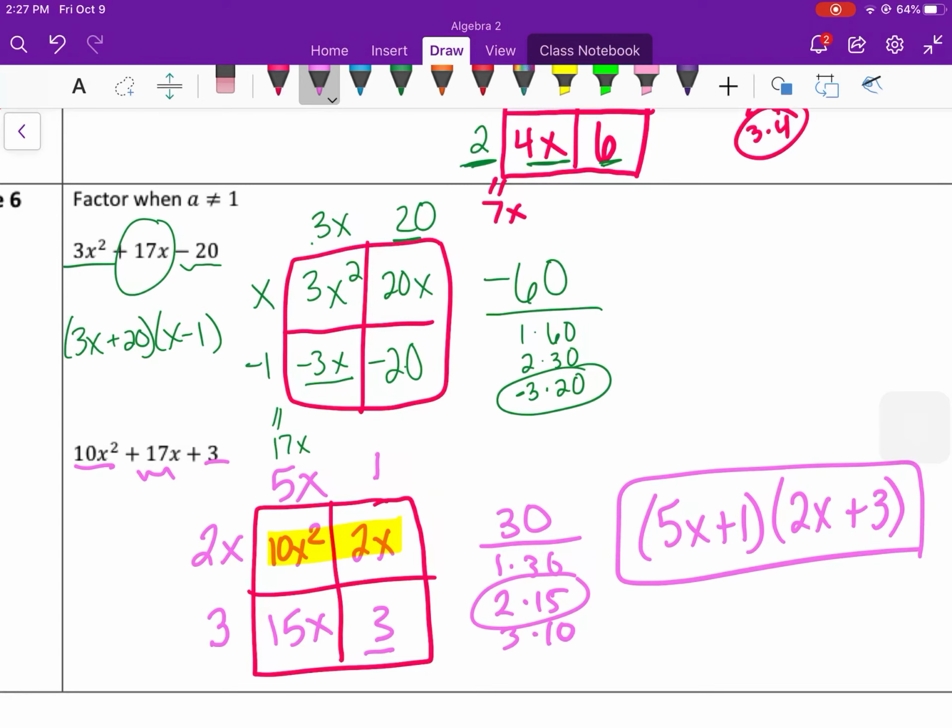All right. Hopefully between one of these methods, you find something that works for you. And if not, you should go out and search for a different teacher on YouTube. Check out Khan Academy. There's literally hundreds of videos on factoring. So find something that works for you. And I can, of course, help you as well. So connect with me if you need more